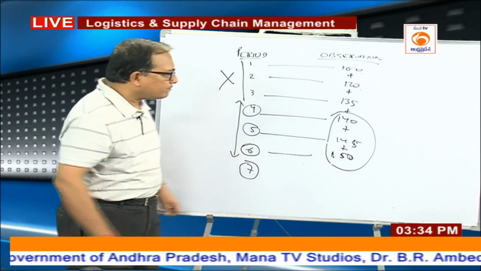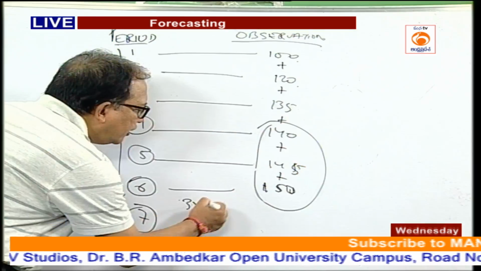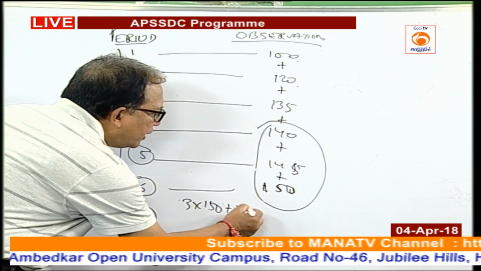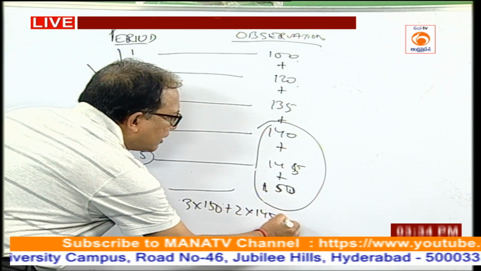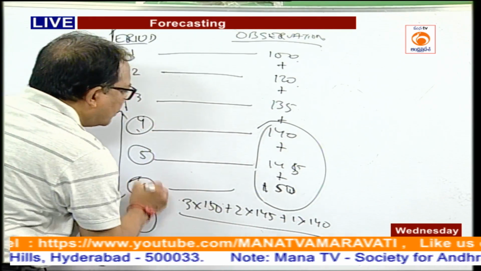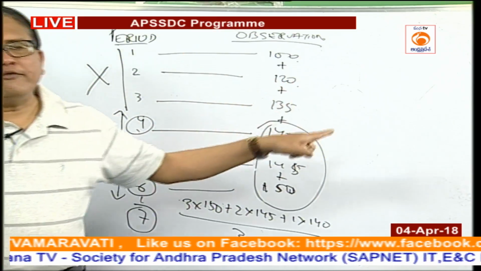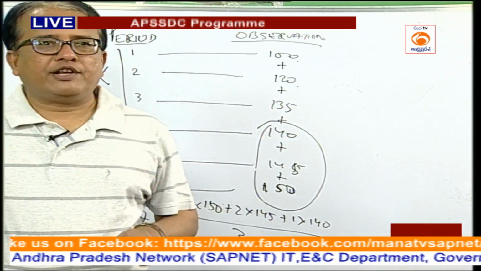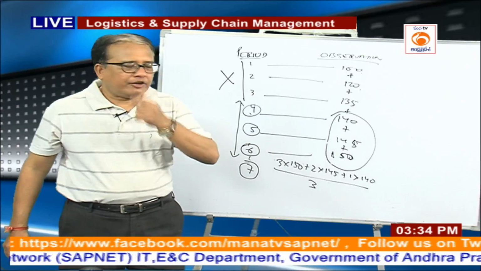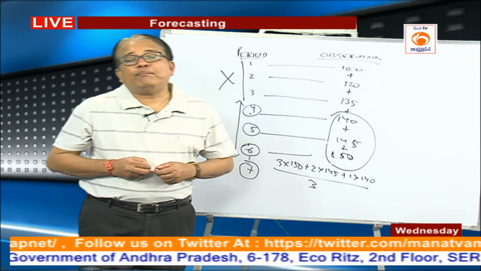And how do I do it? Since I have taken 3 periods, I will do 3 into 150 plus 2 into 145 plus 1 into 140 divided by how many periods I have taken? 1, 2, 3. If you apply cumulative mean, moving average and weighted moving average, you will find that weighted moving average gives a better result,